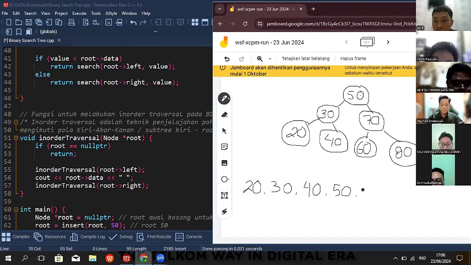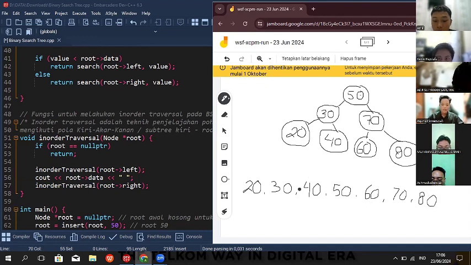Then search the right branch and print the value 60. Return to the root, print the value 70, then go to the right node and print the value 80.